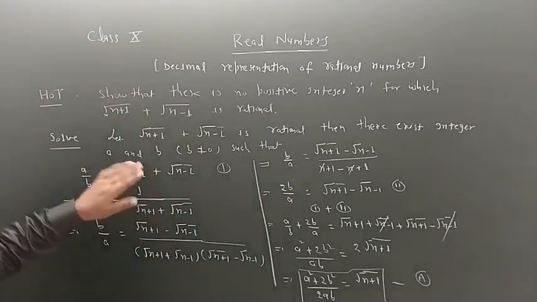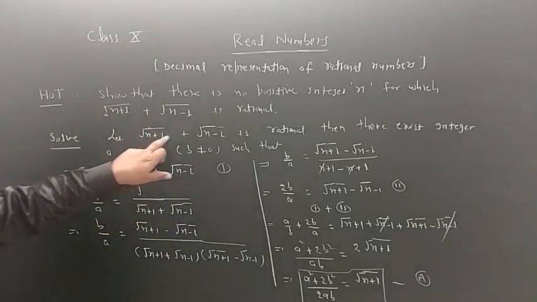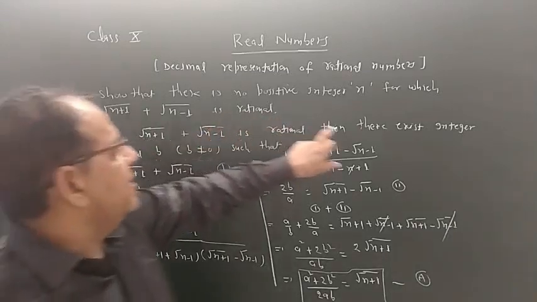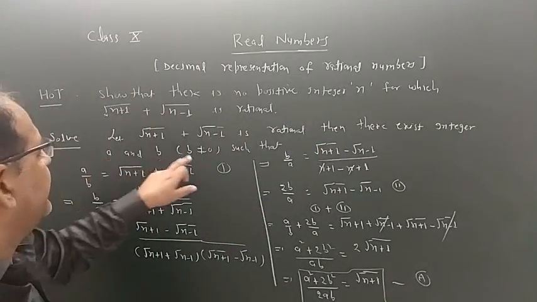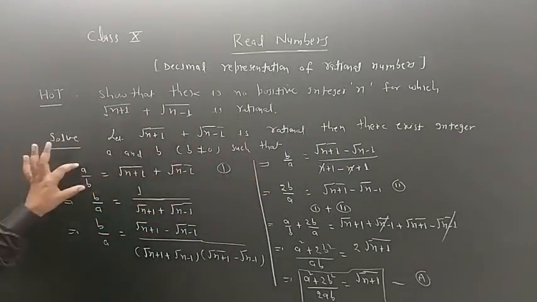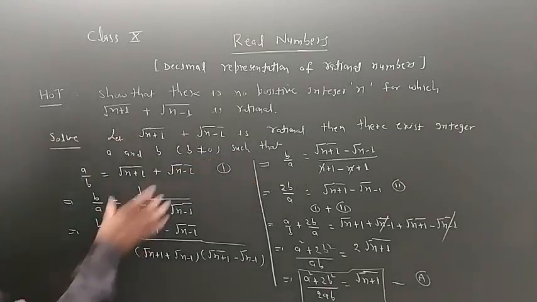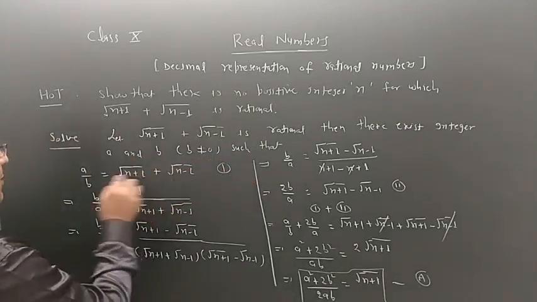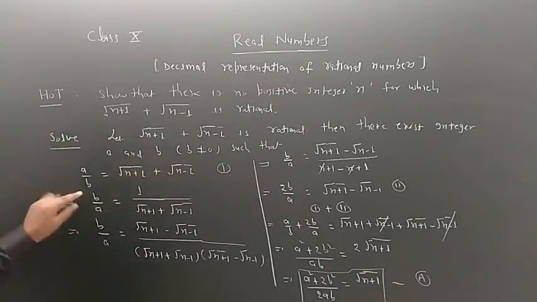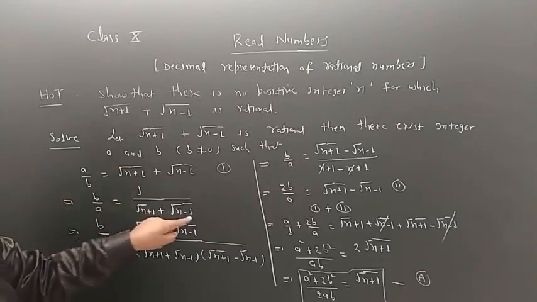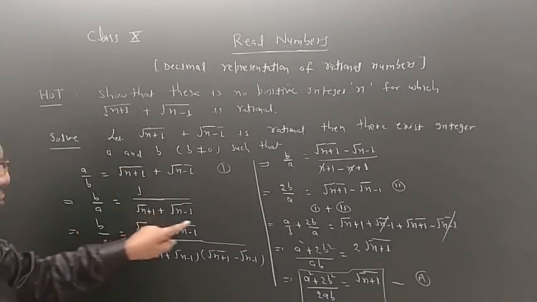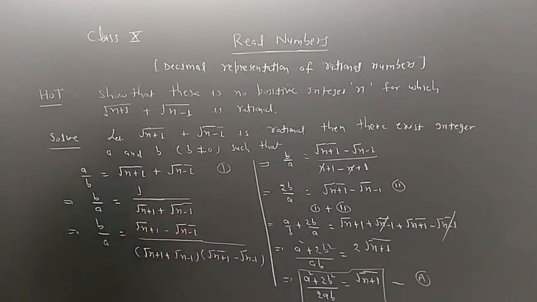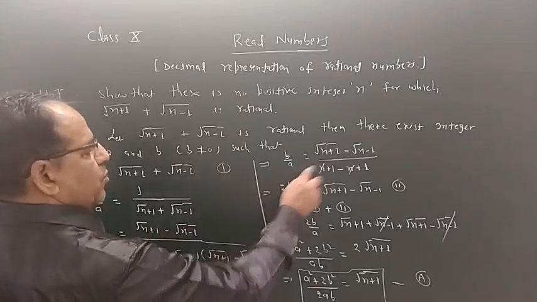I am repeating again from there. Suppose that under root n plus 1 plus under root n minus 1 is rational, then there exist integers a and b where b not equal to 0 such that a upon b equal to this, because each rational number can be expressed in the form of a upon b. Take reciprocal, so b upon a equal to 1 upon root n plus 1 plus under root n minus 1. Rationalize, so multiply by root n plus 1 minus root n minus 1 in numerator and denominator. We have b upon a equal to this,